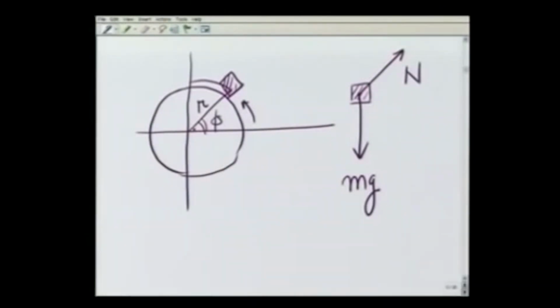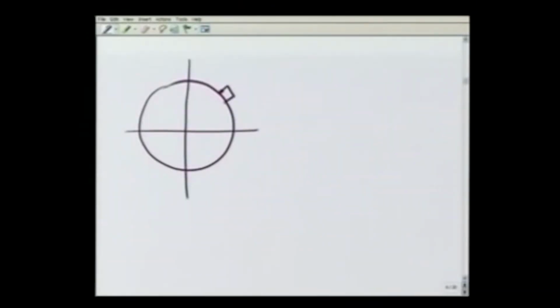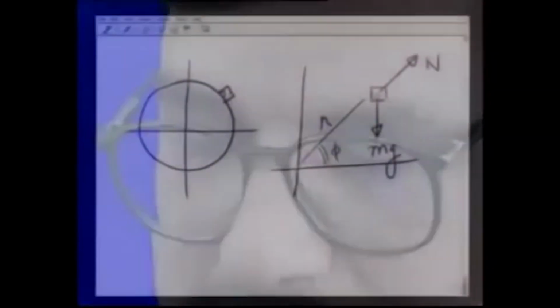And after making this free body diagram, I write the equations of motion for the block, except that this time I want to use planar polar coordinates. So at this position, the block is at distance r at an angle phi. This is the force mg acting this way. This is the normal reaction acting this way. Since this is phi,